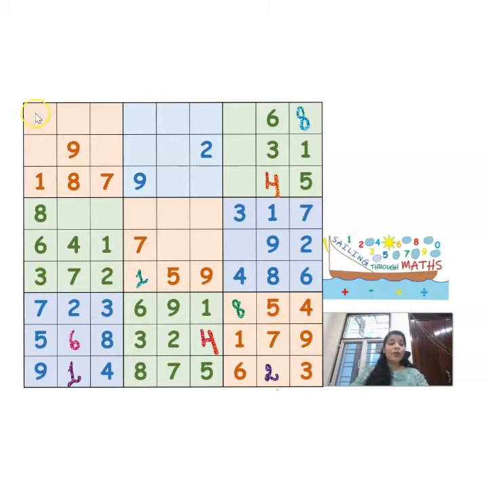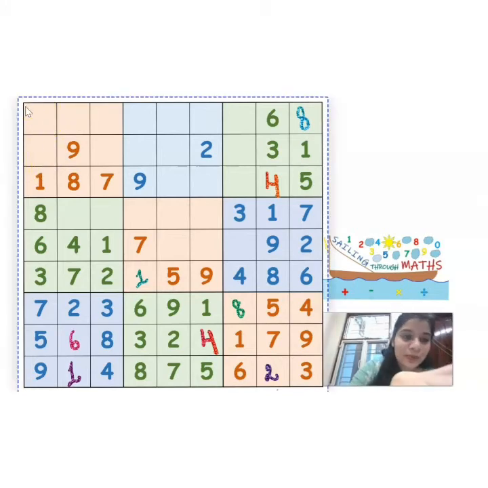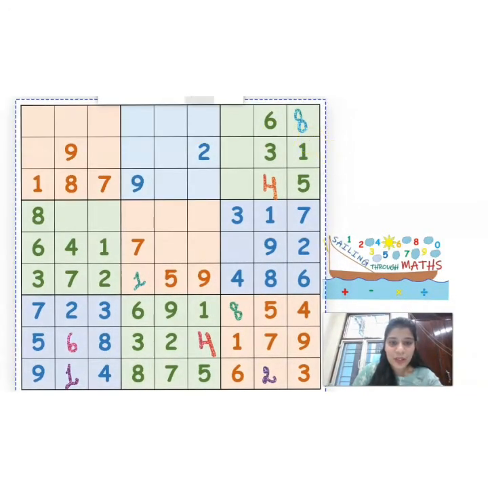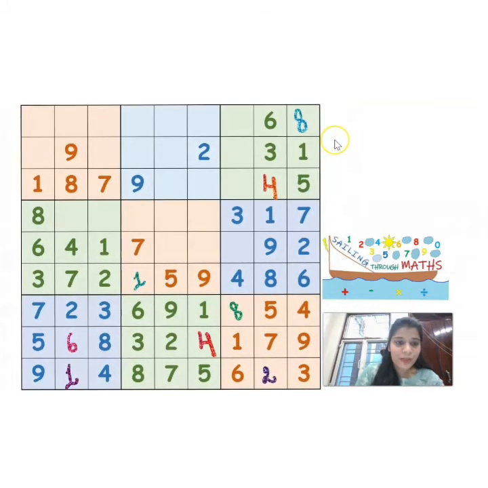Now I am going to move to our first column because only 2 cells are remaining in our first column. Now let's see which are the numbers which can come in first column. 1 is there, 2 is not there. So one number is going to be 2. And then 3 is there and then 4 is not there. So the numbers which are going to come in these 2 cells are going to be equal to 2 or 4.